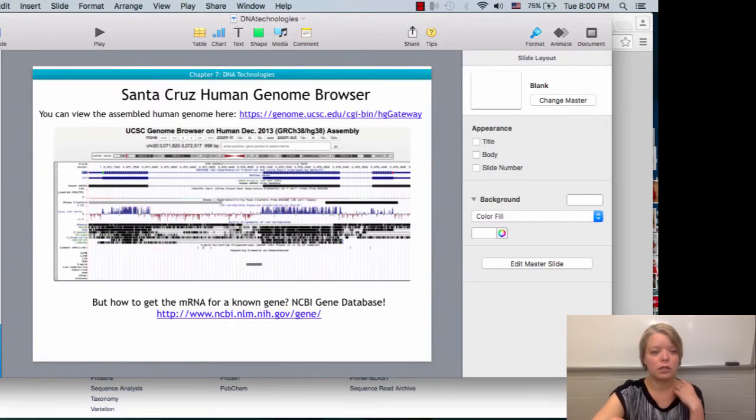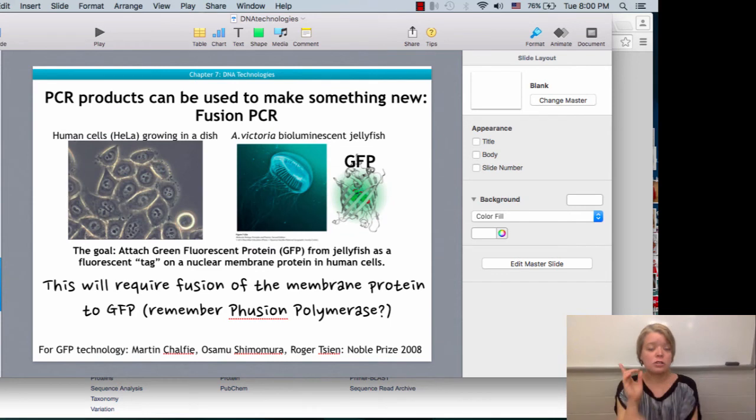Back to work. All right, so one last topic I want to cover is the fact that you can use PCR to produce genes, to produce something new. The approach is called fusion PCR. In fact, there are many approaches to do this, but right now we're going to just talk about fusion PCR. So say we wanted to make